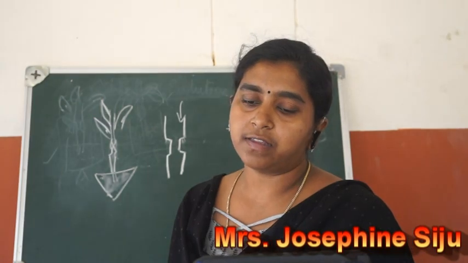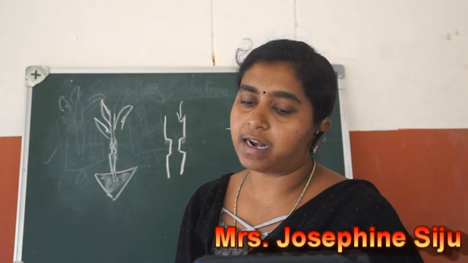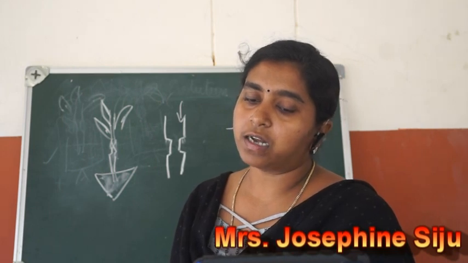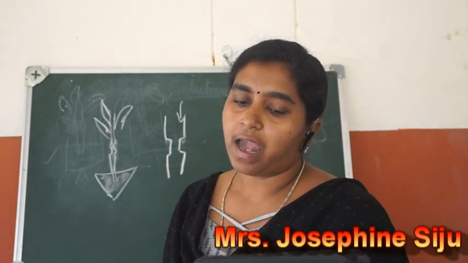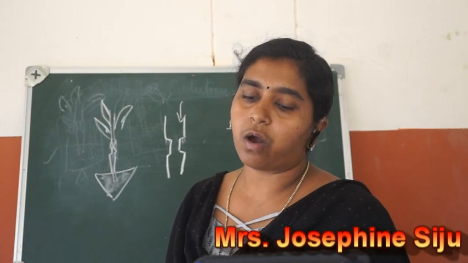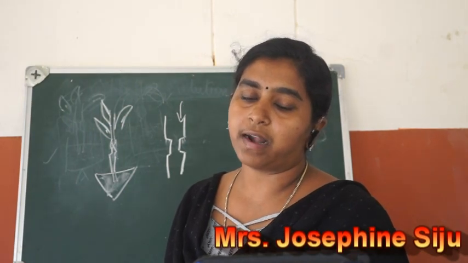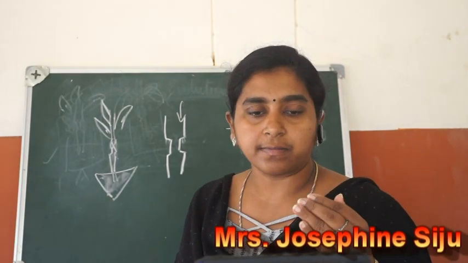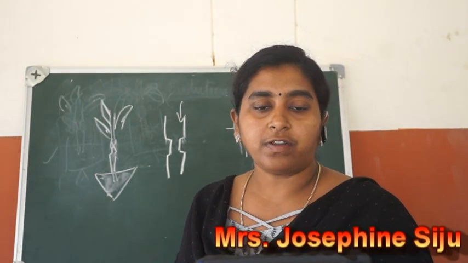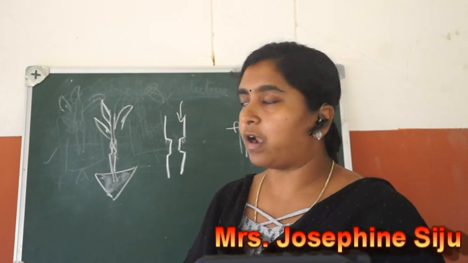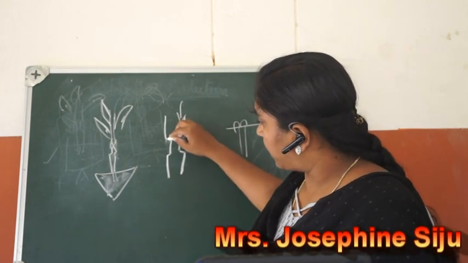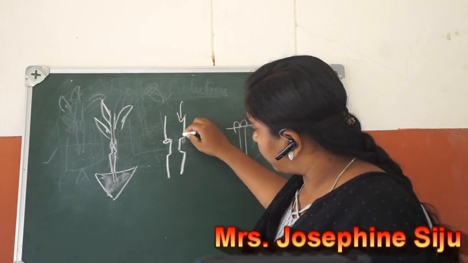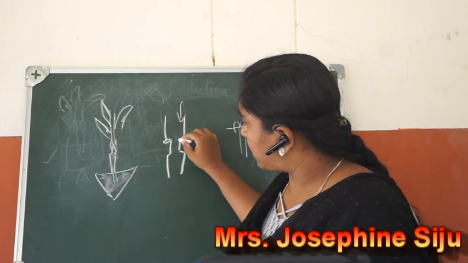It will be observed that the part of the stem above the ring has grown in diameter, and the stem below the girdle has stopped growing and may even die when the stored organic contents of the lower part are exhausted. So you have to do this experiment for some weeks. After some weeks, the part above the girdle will be a little swollen.